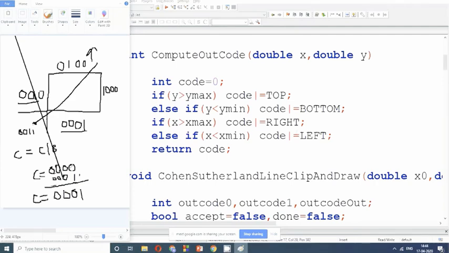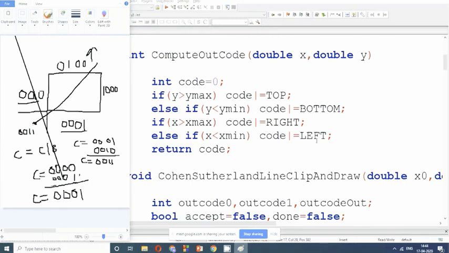Now since it is in left region, I OR my code with left. So C is already assigned with 0, 0, 0, 1, right? Now if I OR it with left, the left code is 0, 0, 1, 0. So the result I get is 0, 0, 1, 1, which is assigned to code.